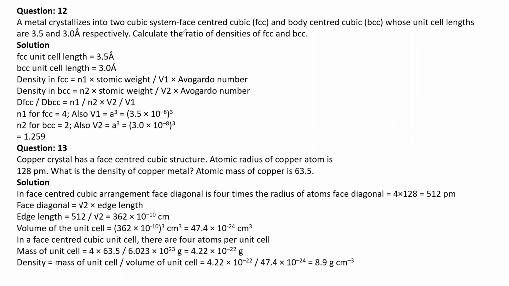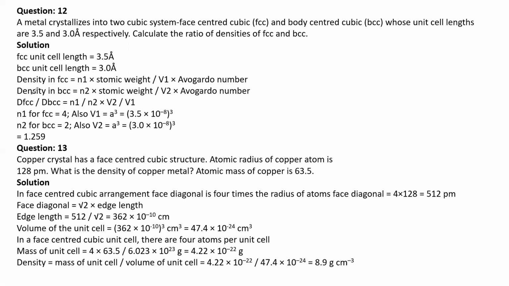Here the same metal is crystallizing in two cubic systems. One is face-centered, another is body-centered, whose unit cell lengths are 3.5 and 3 angstroms respectively. Calculate the ratio of densities of FCC and BCC. Here you can see the face-centered unit cell length is 3.5 angstroms, and the BCC unit cell length is